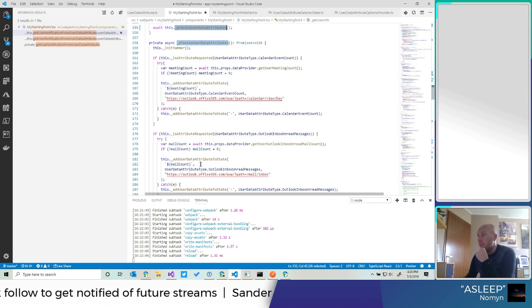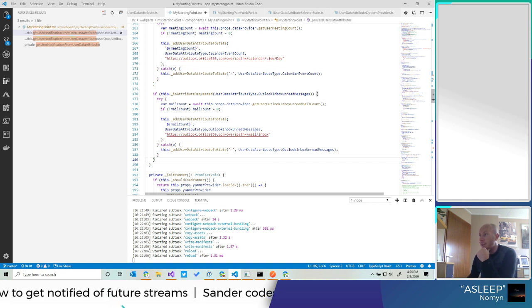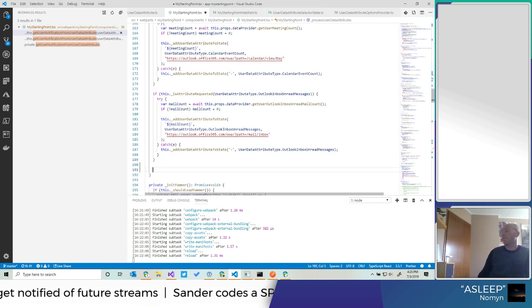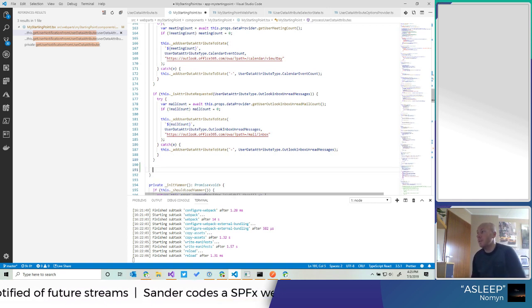So now from this code we want to add some code here to get the values for our user data attributes, our custom ones. So can we find them somehow?